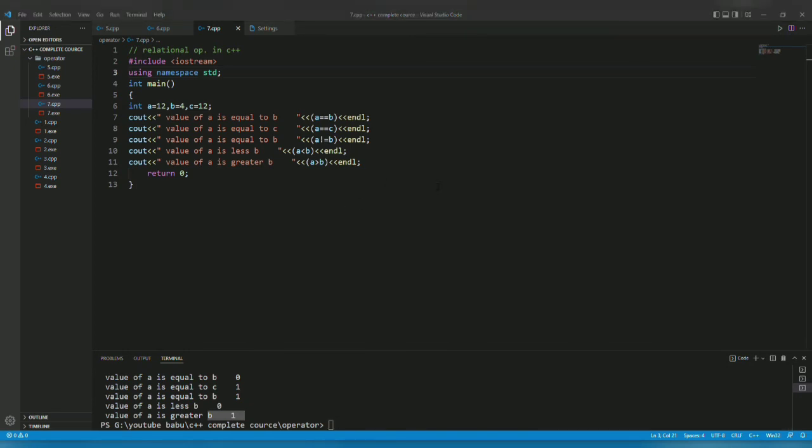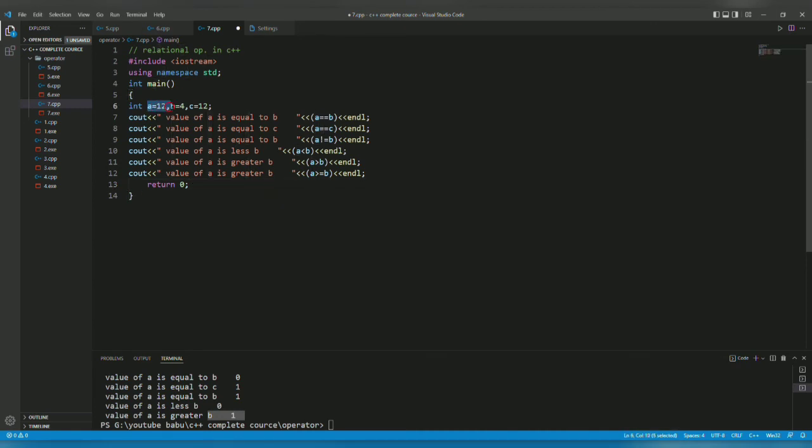Now we have discussed the greater than and the less than. The next operator is the greater than or equal to operator. Here it gives two conditions: it should be greater than or it should be equal to b. So let's check out the answer for b.